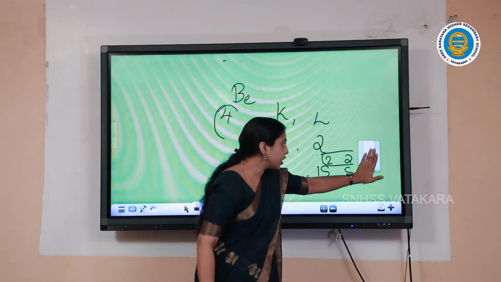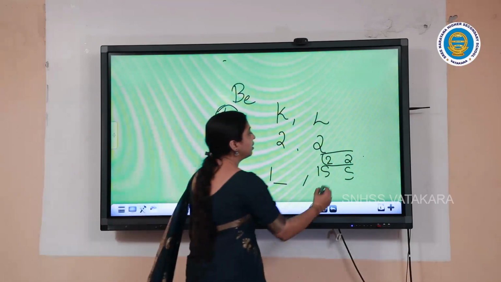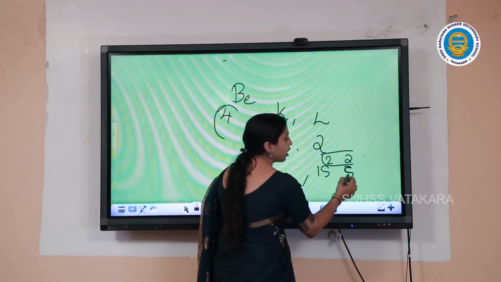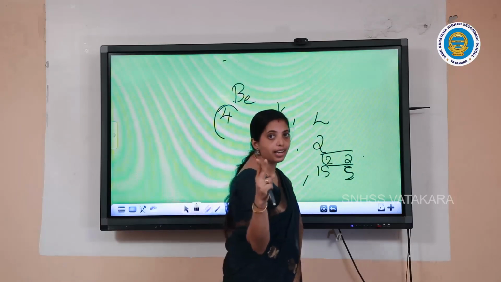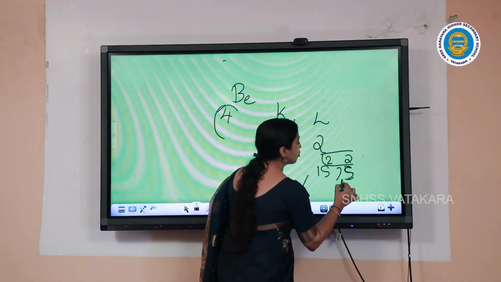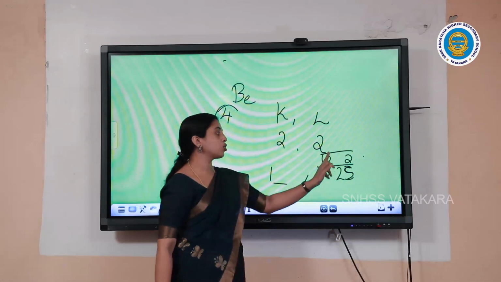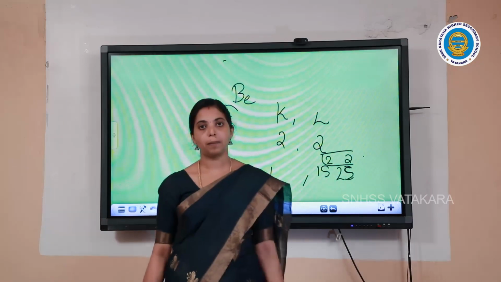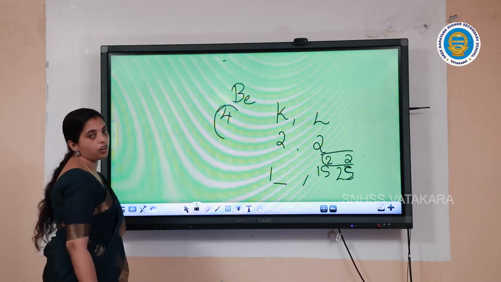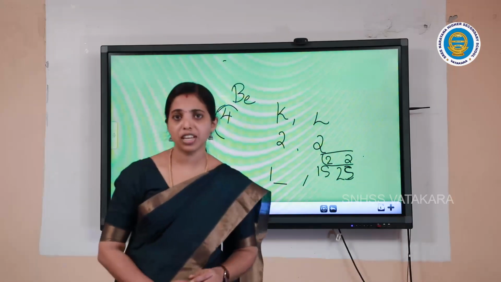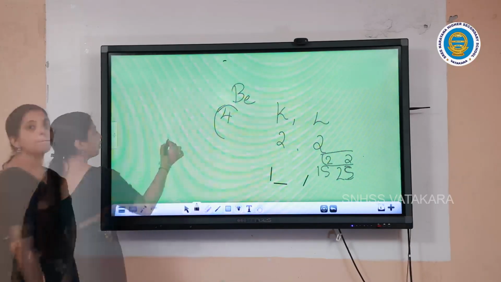So no need to write the P subshell. This S is the subshell of which shell? L shell. L is the second shell. So you always write the position of the shell on the left side, and you can read it as 1s2, 2s2. I think all of you are clear. Is there any doubt?